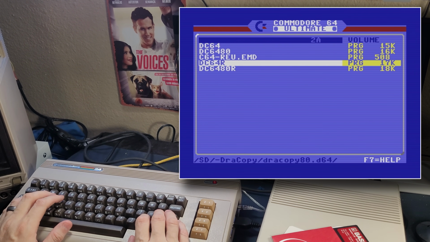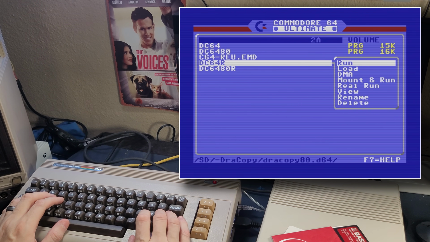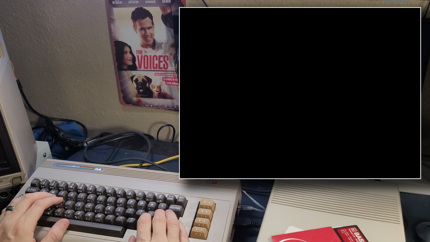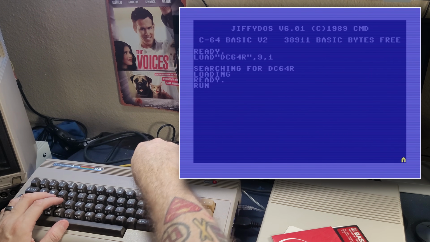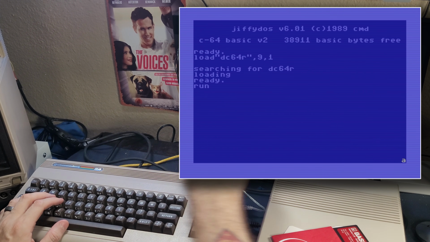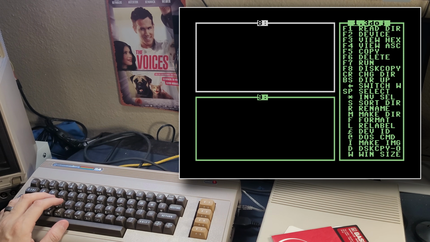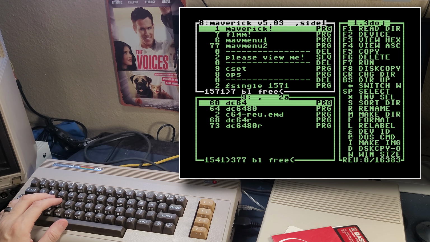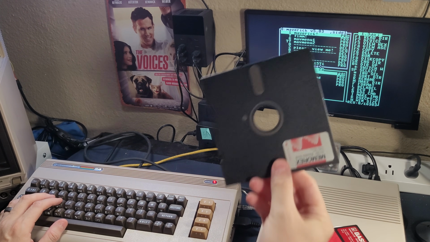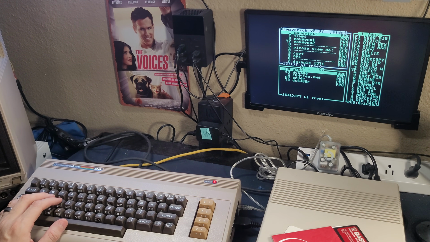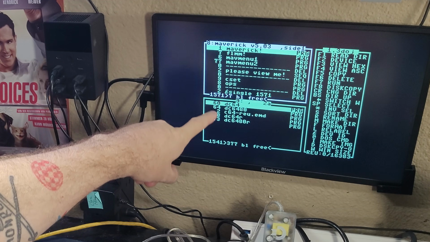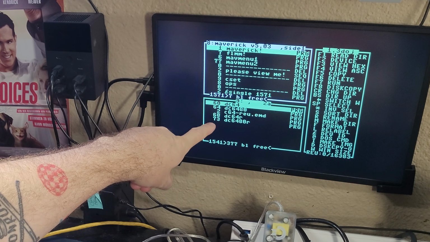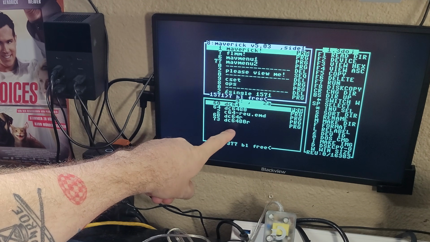All right, now here is the 40-column version. Again, we're going to mount and run. Now remember, this is running off drive 9, which is a D64 image in here, and then we have our real machine here, the 1571, which is the real drive 8, and you can see it's parsing the folder. And as you may have guessed, I've got my Maverick disk in here. So there is drive 8, which is the Maverick disk, drive 9, which is our internal D64 that I mounted on device A, and that, of course, shows all of our